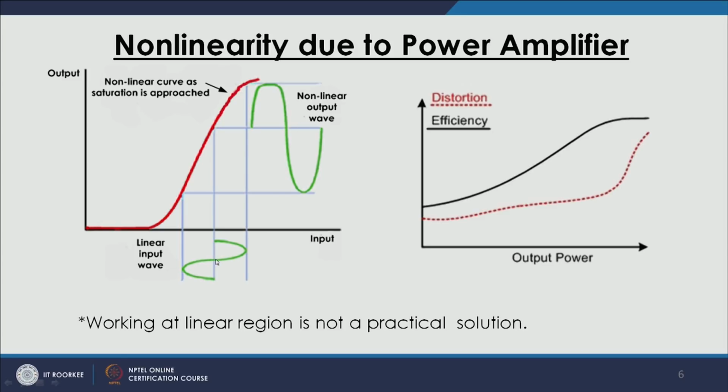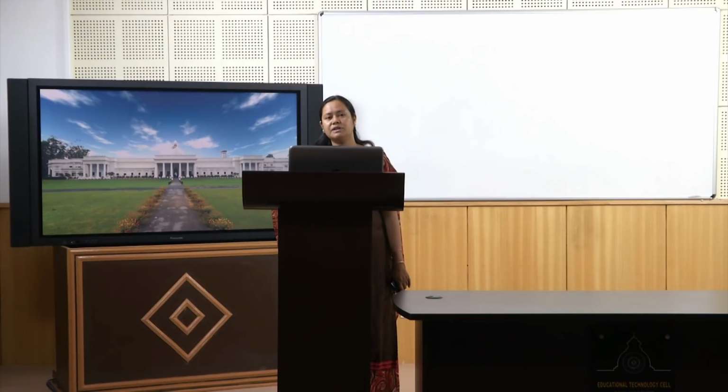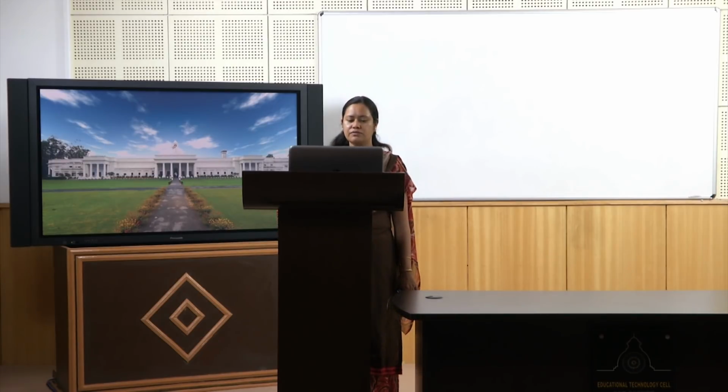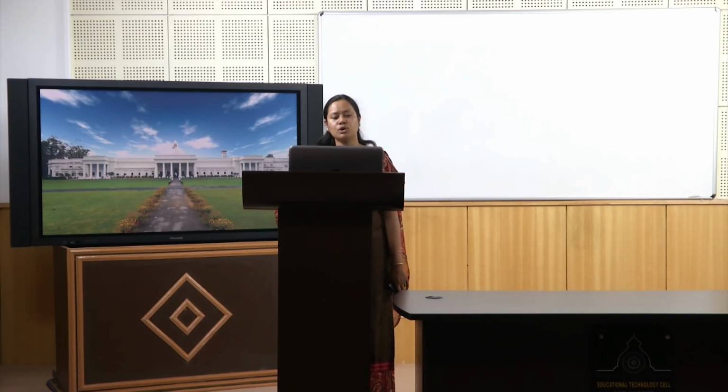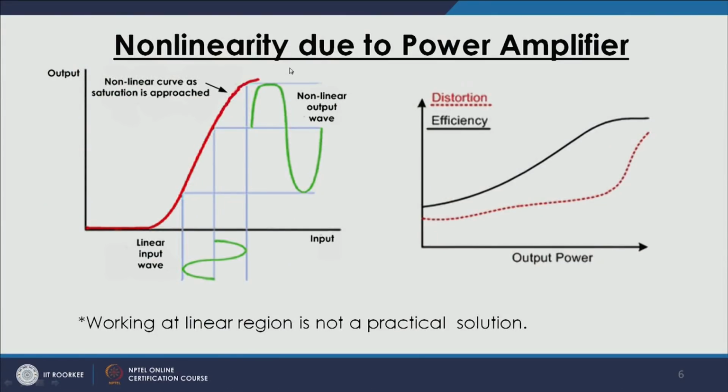But whenever the waveform goes towards the saturation region, there is some clipping. In this region, it becomes saturated and flat because it cannot go beyond that, it is clipped there, and because of that our output becomes non-linear. It is not a linear function of the input anymore. Moreover, as we can see from the picture, we are losing some power here. If it had been able to take the full swing, we would have gotten this waveform. So, we are losing this power. So, where does this waveform power go? We will